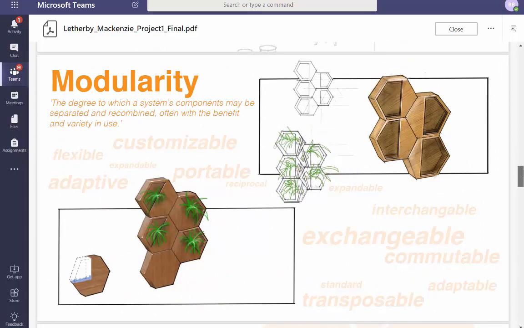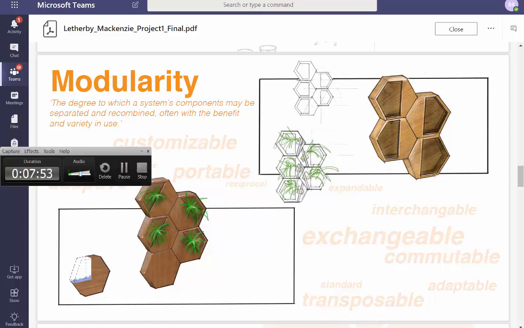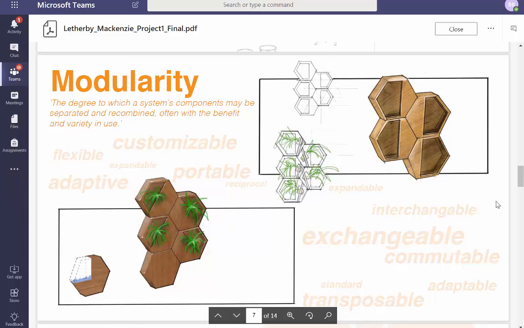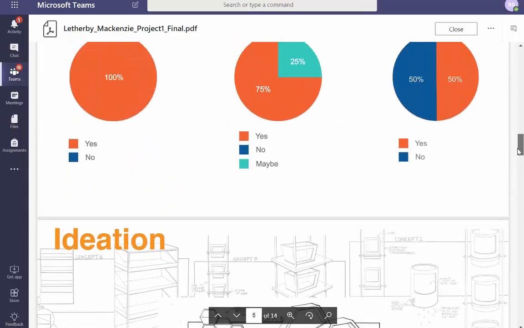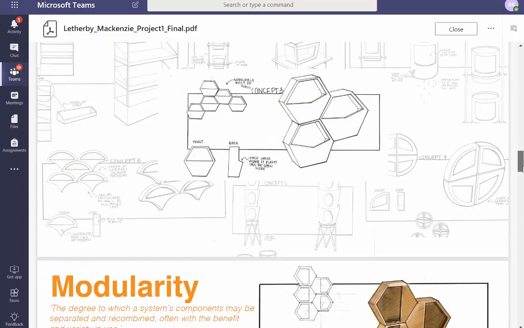What is up with all this text everywhere, though? Come on. You don't need to fill every inch with information. White space is okay, too. And how did you come to the decision that the hexagons was the correct choice?